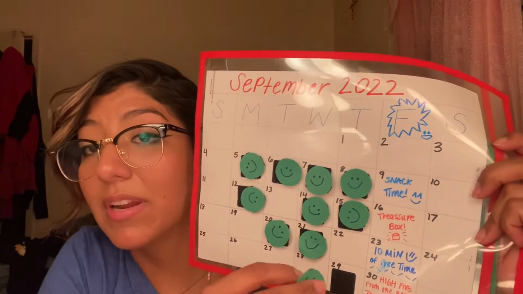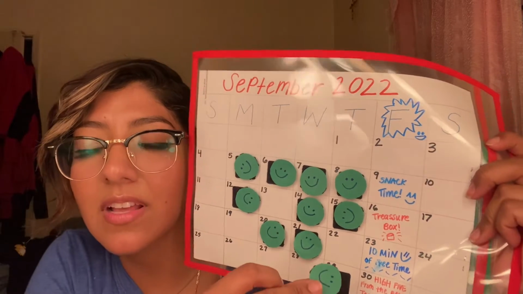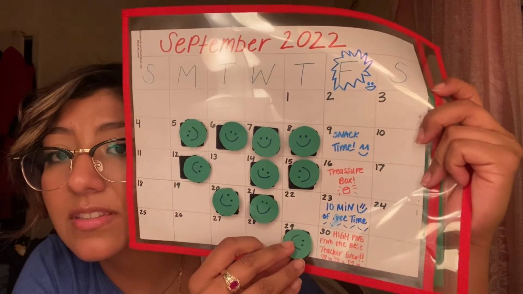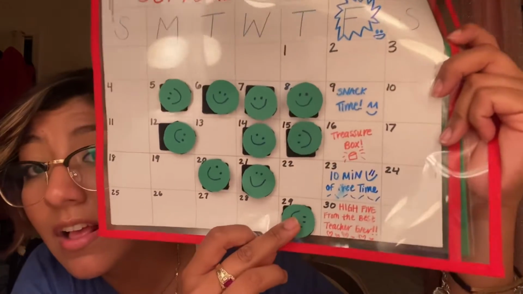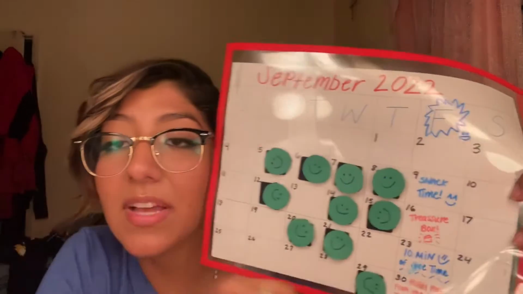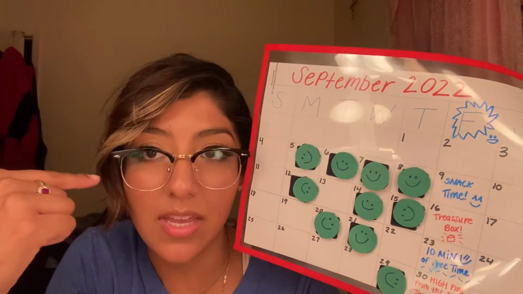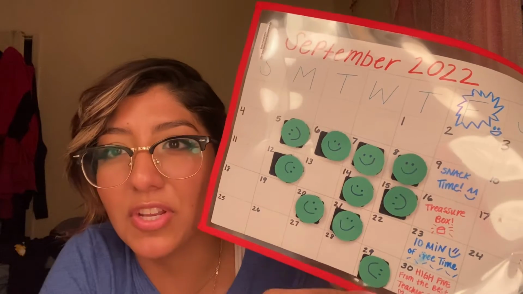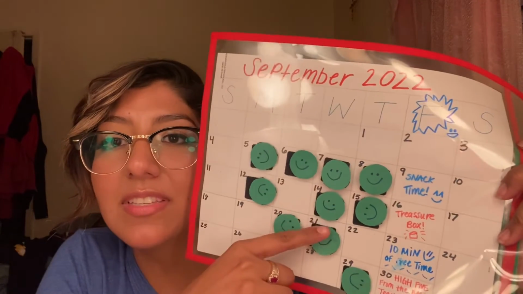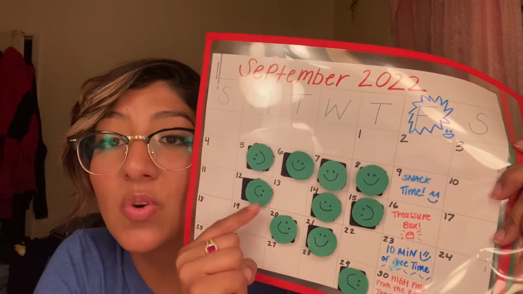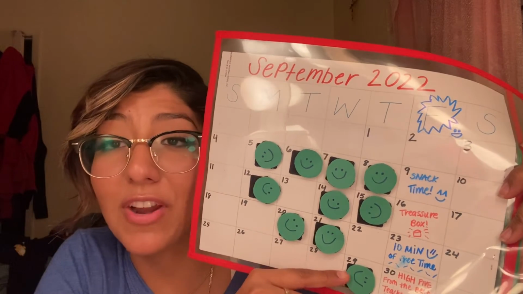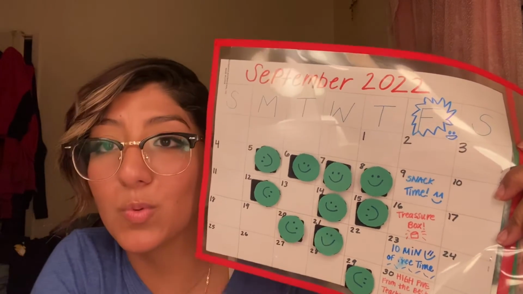And let's say they had a really bad week, which is fine. It happens. They get 1 happy face in this day. What do they get? They get a high five from the best teacher, which is me. Still pretty good, you know? So as far as all this, I would say that they still get so many opportunities to do a very good job by putting their phones away.